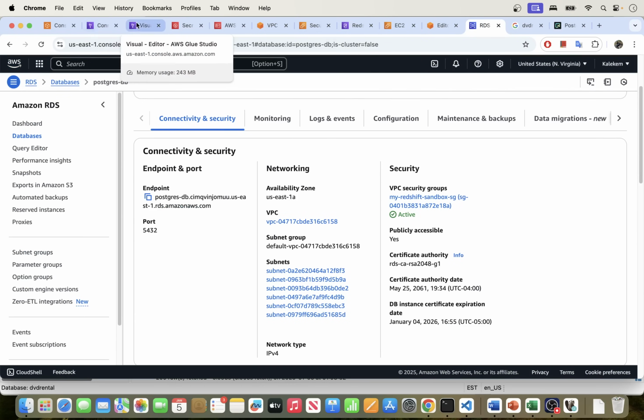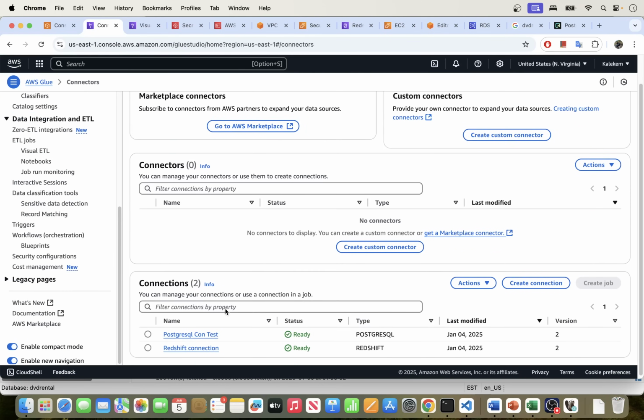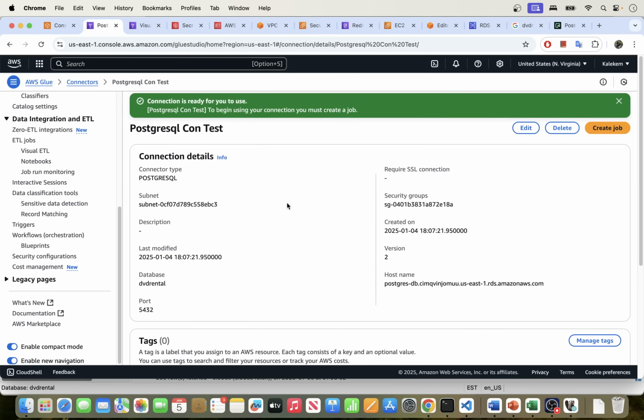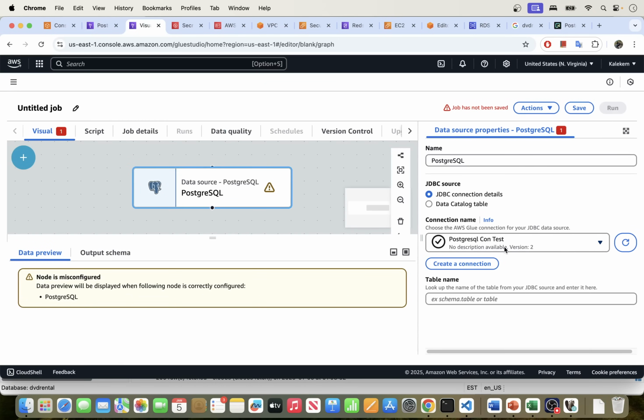I don't think I have it open here. I'm just going to go over here, actually right here. So if we click into this connection, you can see a quick summary here. You can see the database we have used here is DVD rental. That means that inside our connection, we are connected to DVD rental. This is very important because what you want to do now is list a table that is inside that